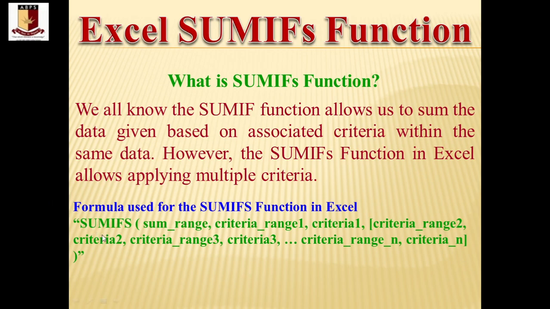First, after the equal sign, SUMIFS, then the sum range, the range where the formula will do the sum, then the criteria range, the range in which the value will be searched, and the criteria, the value that you are searching for within the criteria range. So this is the first condition. Similarly, the second criteria range, then criteria, and again and again you can apply any number of conditions in SUMIFS. Practically, when I explain, you will easily understand. Okay, let's move to the next slide.